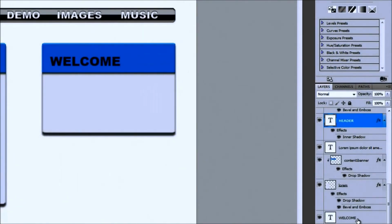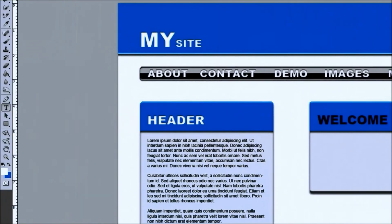Now down here for the welcome button, we're going to do a similar method, but we want the exact same effects that we used for our header. So for welcome, go over to text button, make sure you have that selected, highlight the welcome, go to white,